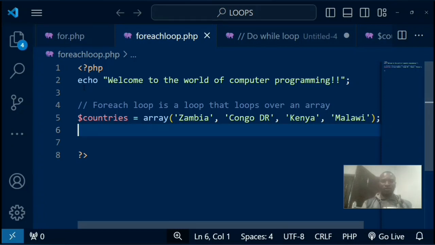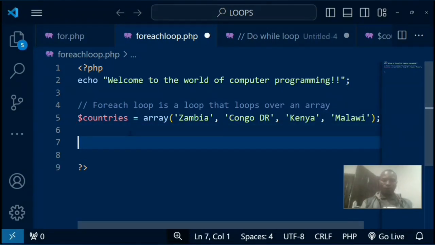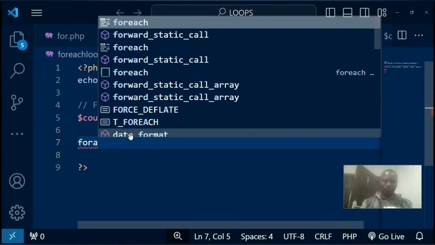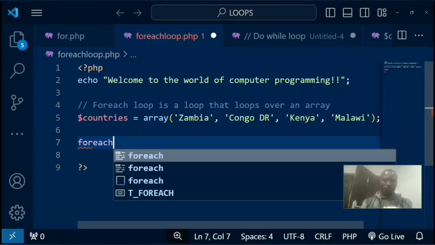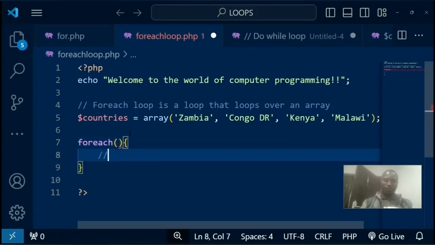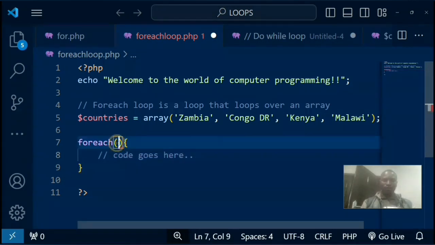So what that means is that if I want to print on the browser screen, to echo something, then I have to loop this using a for loop, a foreach loop. So you say foreach, then in brackets, then the code goes here. Okay, so you want to actually say foreach